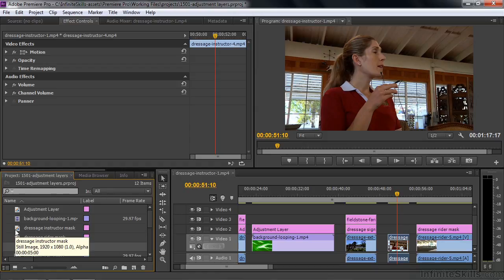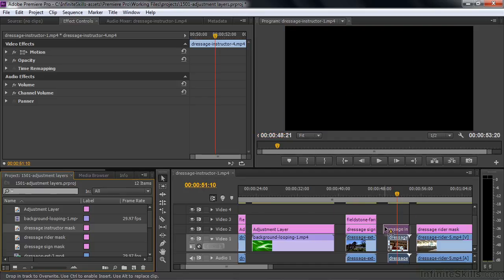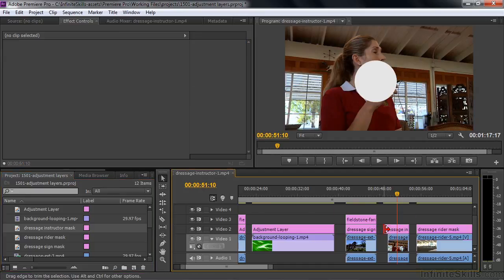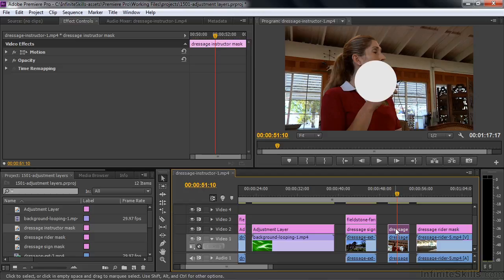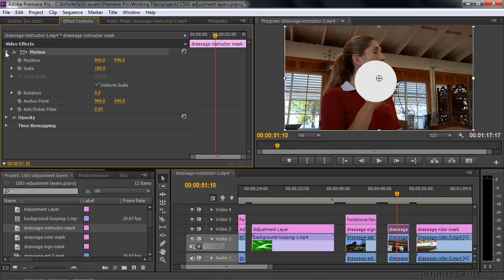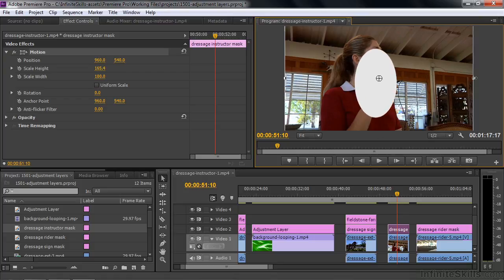So I'm going to go to the dressage instructor mask, drag it over to her like that. A little bit longer than we need it to be. I'll shrink it down like that. Now we can see this little thing on top of her. I'm going to change the size of it using motion. Go to motion, open that up, uncheck uniform scale, make it a little taller like that, a little bit wider,